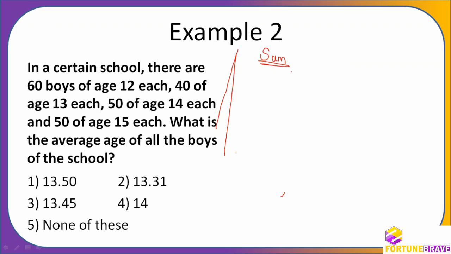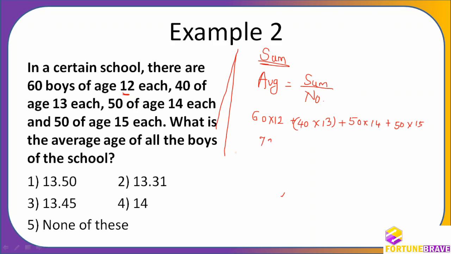So again combining, I am going on and telling you this thing. Why? Because this is the same thing. When we are combining the averages, we will add all the sums. So when we have to find the average, we have to divide the sum by the number. So I have to necessarily find the sum. They have given only the average, so I have to find the sum. So I will find the sum here: 60 into 12 plus 40 into 13. You have to imagine the brackets. Now this one is 50 into 14 plus 50 into 15. You have to add them all.